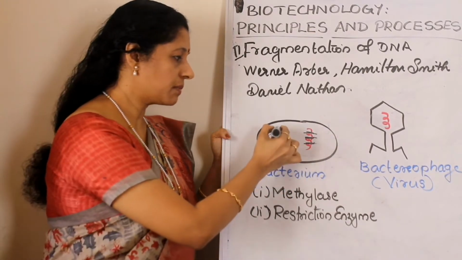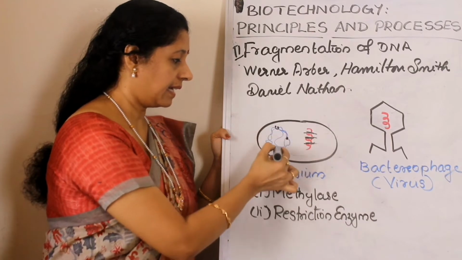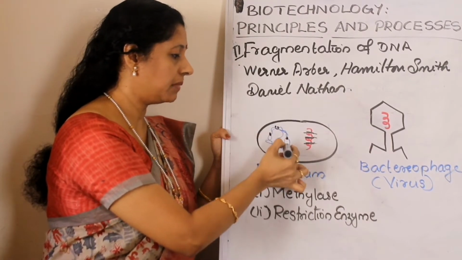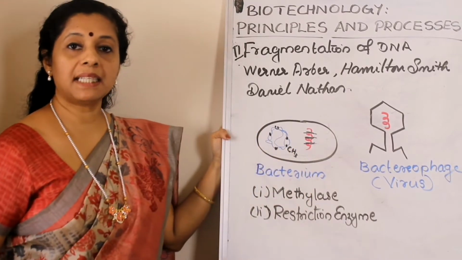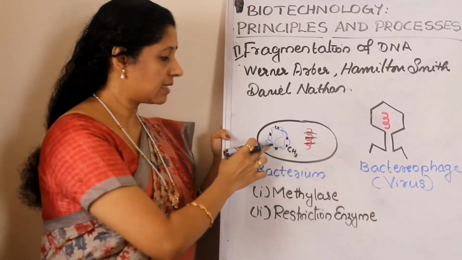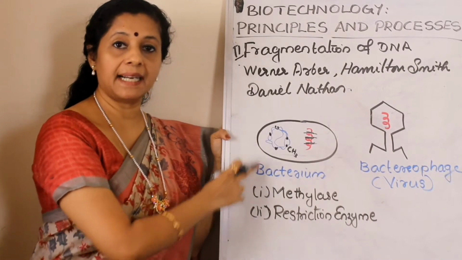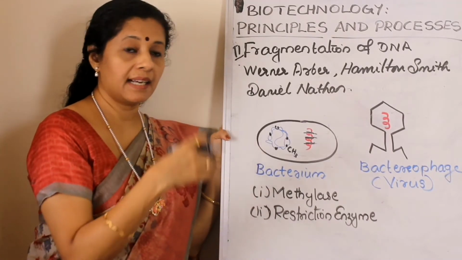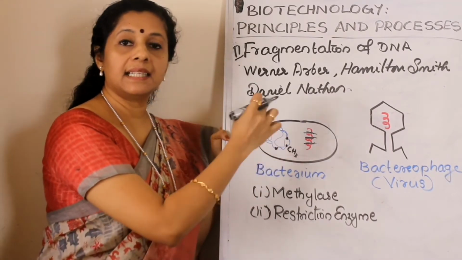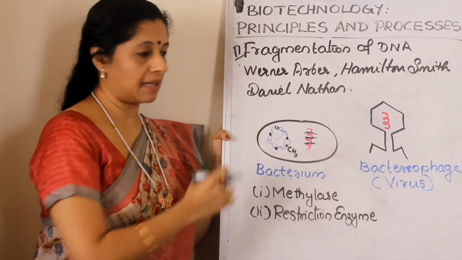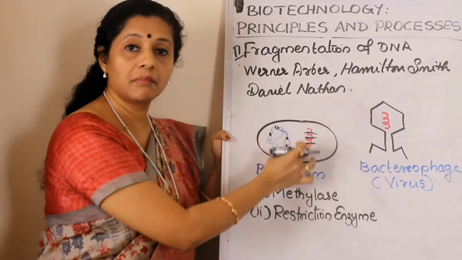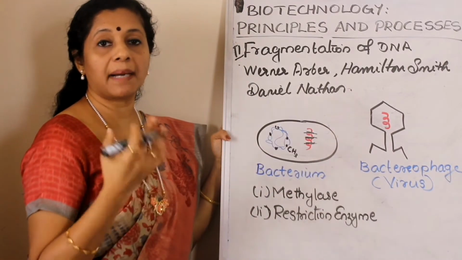So, at all those places the enzyme will attach a methyl group, CH3 group. That is called a methylase enzyme, adding methyl group to the self DNA. Once it is methylated, the restriction enzyme will not act. Whereas the restriction enzyme will go and chop off the viral DNA so that the bacterium is protected